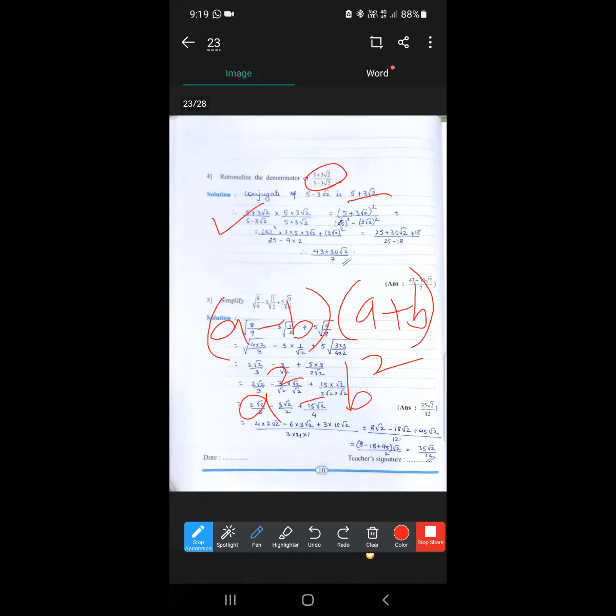That is, a is your 5 and b is your 3 root 2. So a square means what? 5 the whole square minus b, that is your 3 root 2, so it is 3 root 2 the whole square. Okay. Now,